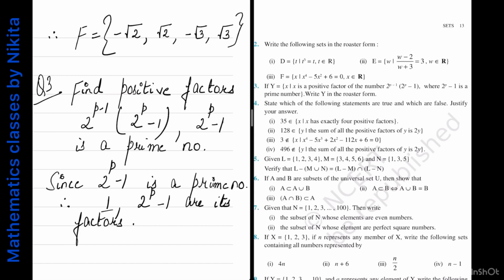अब अगर 1 और 2 to the power p minus 1 इसके फैक्टर है, तो इस पूरे नंबर को भी डिवाइड करेंगे ये, because it is written in the form of product. So one factor is this and the other factor is this. पर इस नंबर को दो नंबर डिवाइड कर सकते हैं, 1 और 2 to the power p minus 1, तो वो इस पूरे को भी डिवाइड कर सकते हैं. Yes or no? Yes. And now consider 2 to the power p minus 1. अब इसको कौन कौन से फैक्टर्स डिवाइड कर सकते हैं?